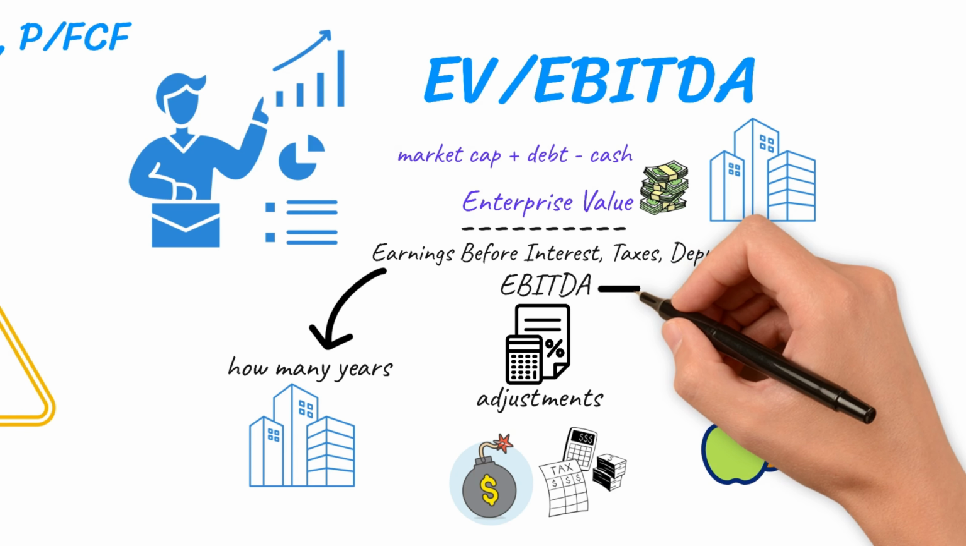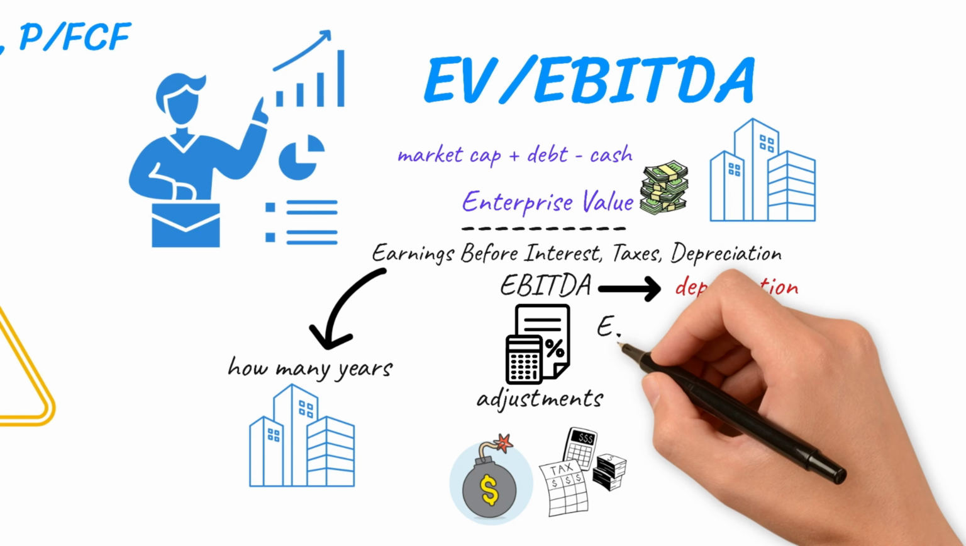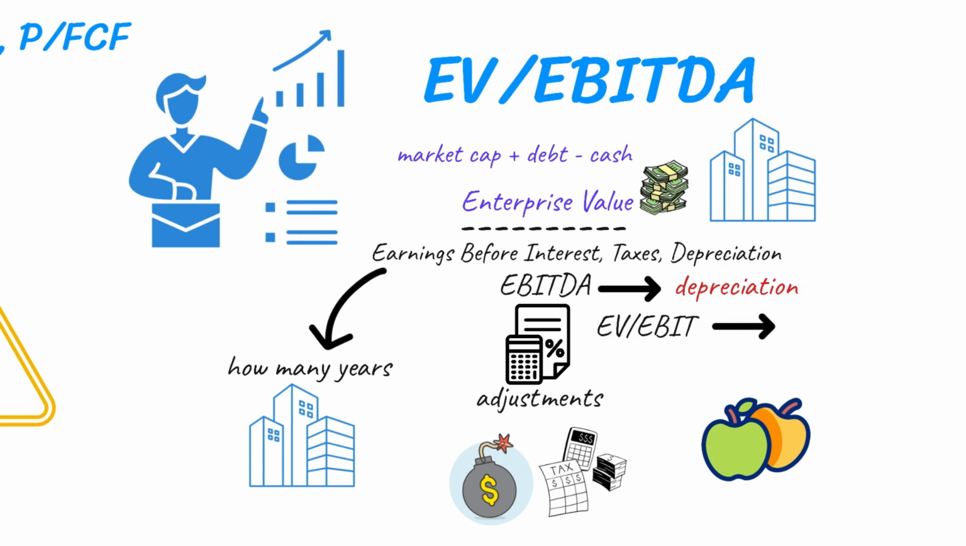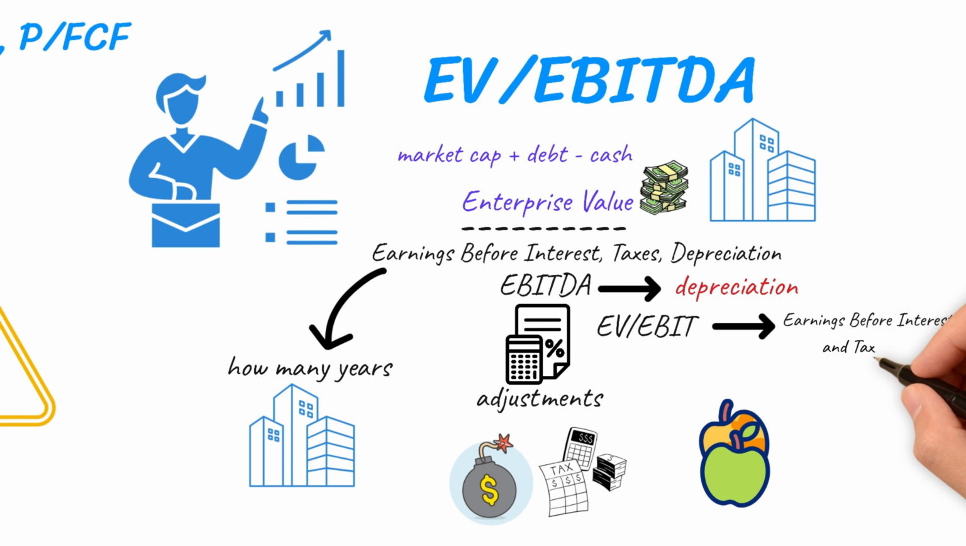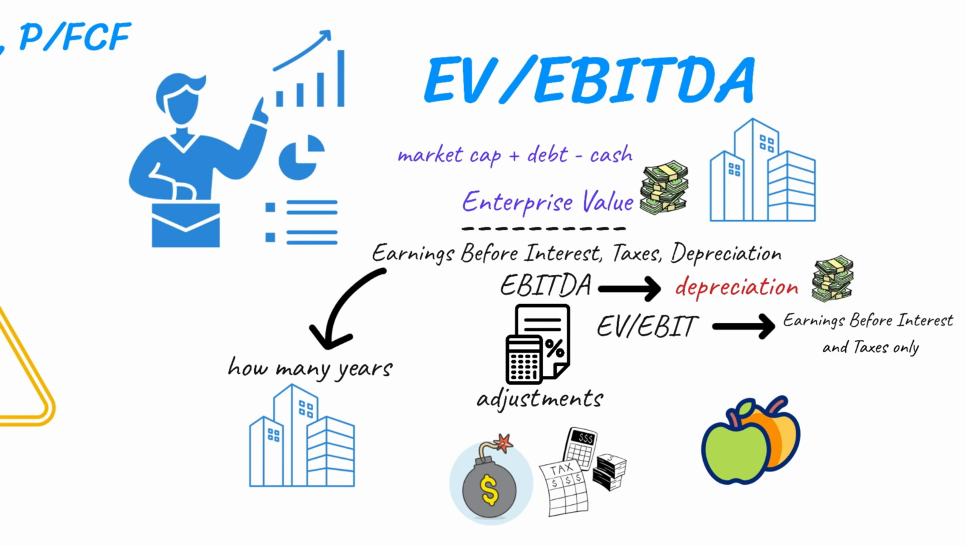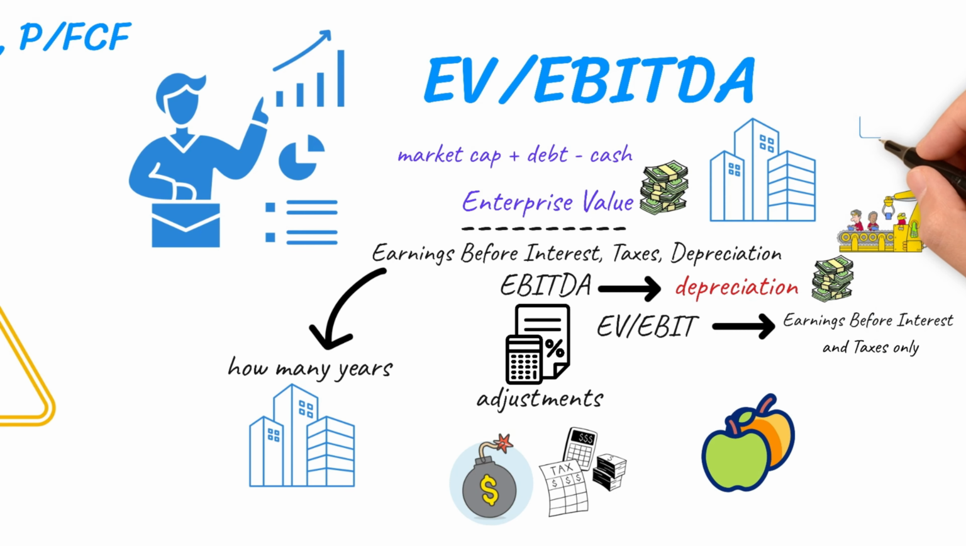different countries. When EBIT is distorted by heavy depreciation, analysts use EV over EBITDA instead, same enterprise value but divided by earnings before interest and taxes only. It captures depreciation as a real cost, which matters for capital-intensive businesses like manufacturers and utilities, where equipment wears out